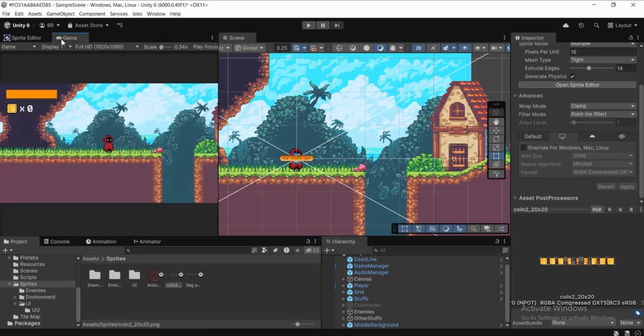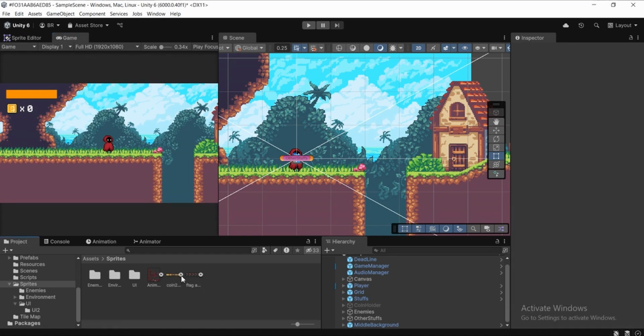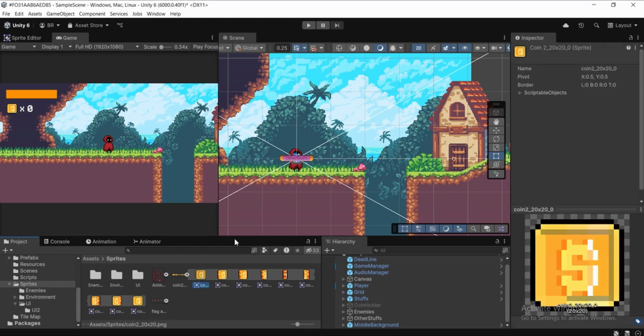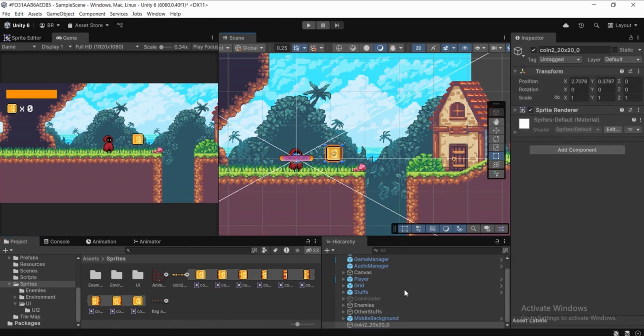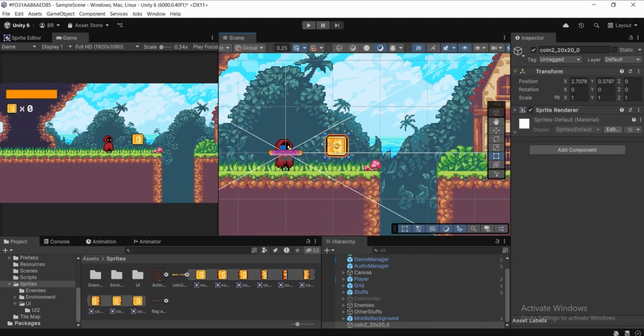And I'm gonna select my game view once again, and now let's move over to that spreadsheet and then click on this arrow in order to see the individual sprites. So what we can simply do is select the first one, this one, and drag it into the scene view or into this hierarchy. But instead of doing this, we're gonna do something else,